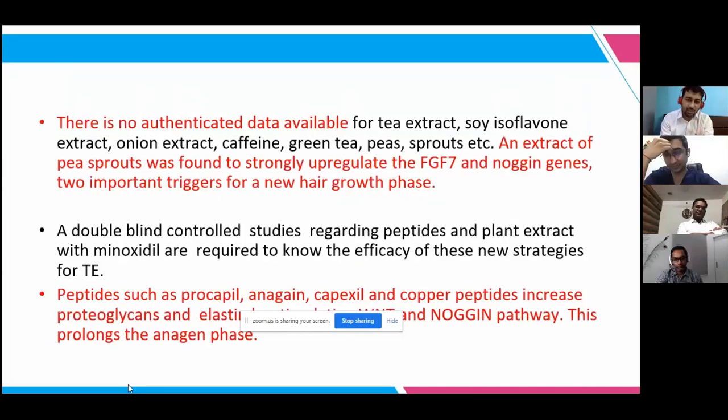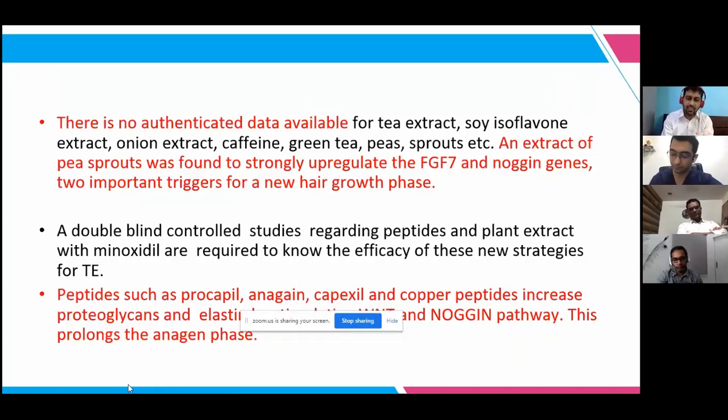So mesotherapy is done in two to three ways. One was direct injection, and second was with a derma roller. So what we do nowadays is that to a lot of my patients, I prescribe using a derma roller twice a week at home, because it tends to increase the circulation and probably also increases penetration of minoxidil. We will come to that also later.